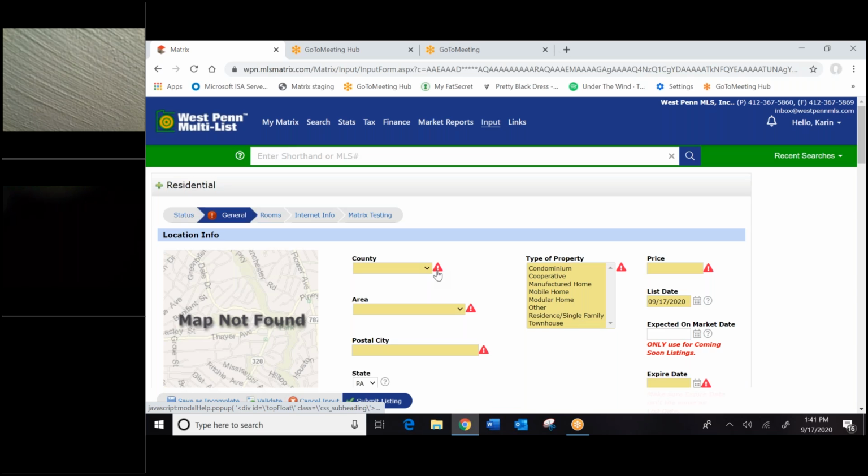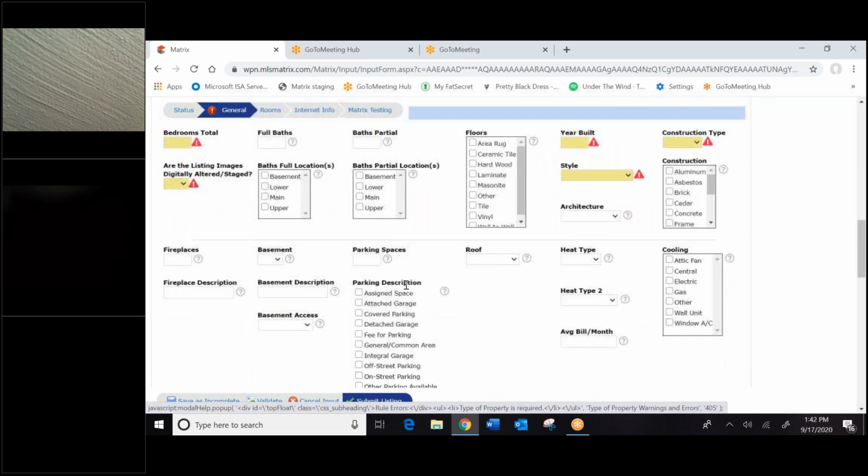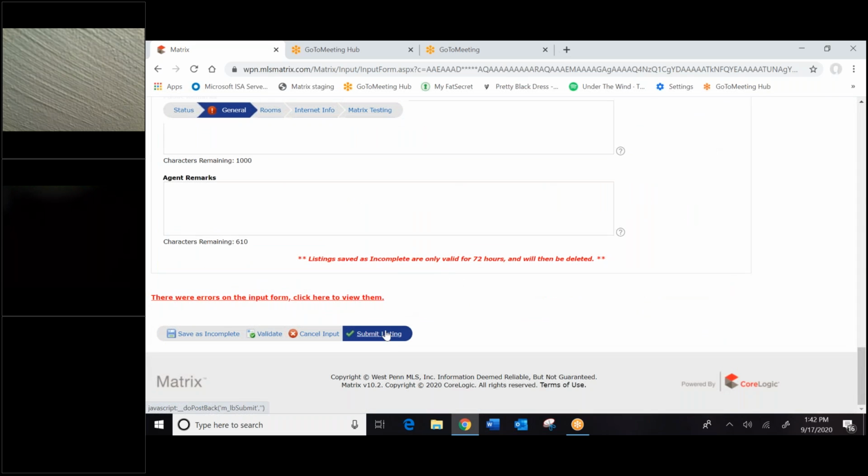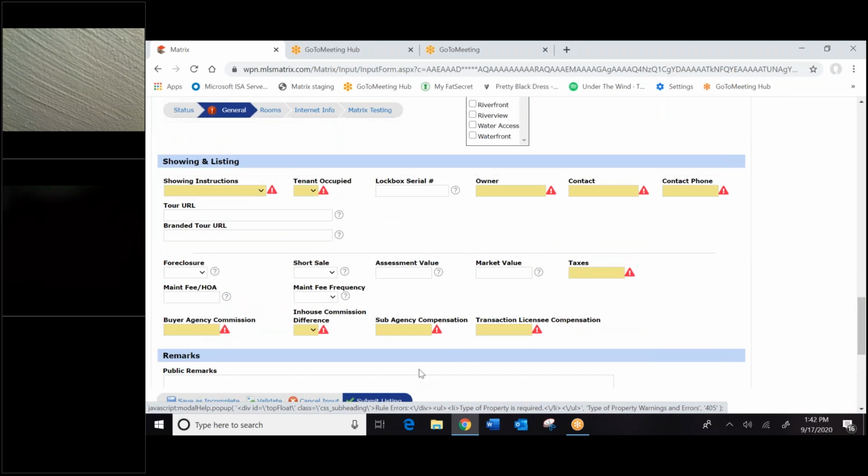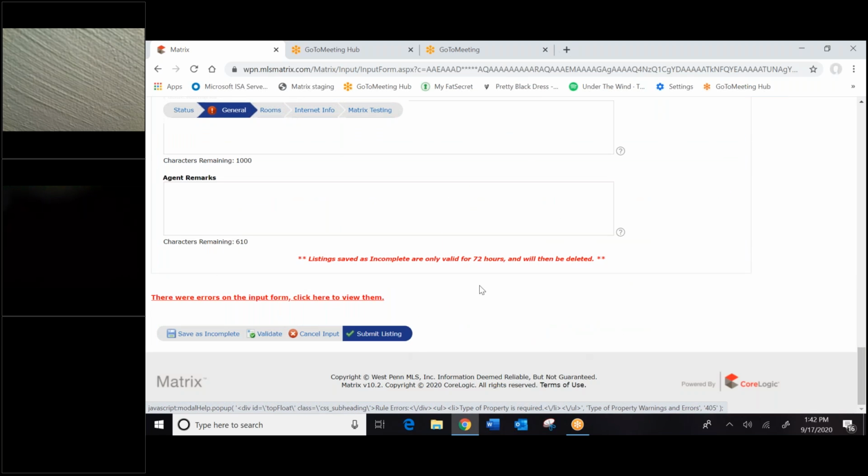Little triangles with exclamation marks inside them. So any time that you see these little red triangles with exclamation marks, that means that either you need to fill this information in or it is incorrect. So you need to fix all of those errors and then click submit and it should go live. Just keeping in mind, it will not submit a listing if those fields are still red. So you will not be able to submit that listing no matter what, as long as there's still an exclamation